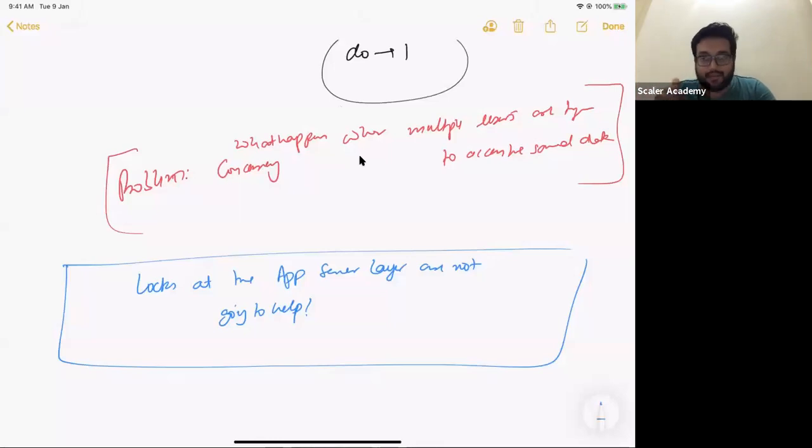And in today's class, we are going to discuss all these things that come out of the box in a relational database system. And all these things are going to help you in designing any real life system that you go about in any interview. Does that make sense to you guys?